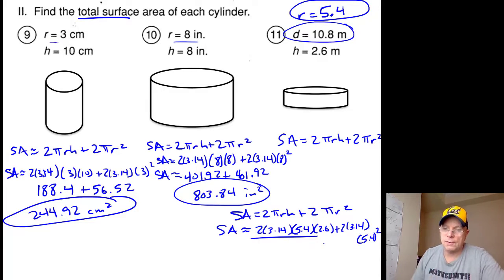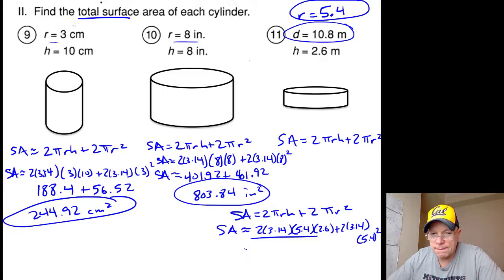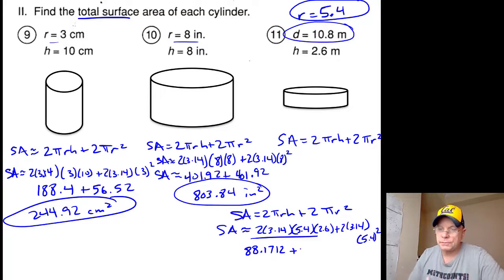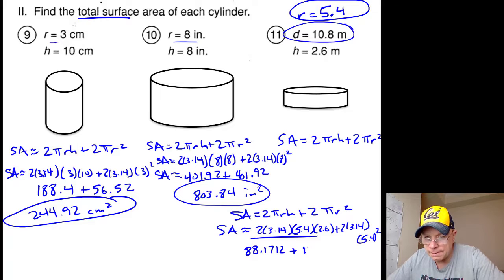Doing this first term first. 6.28 times 5.4 times 2.6 equals 88.1712 plus, do 5.4 squared first since exponents first by PEMDAS, times 6.28, and I get 183.1248,